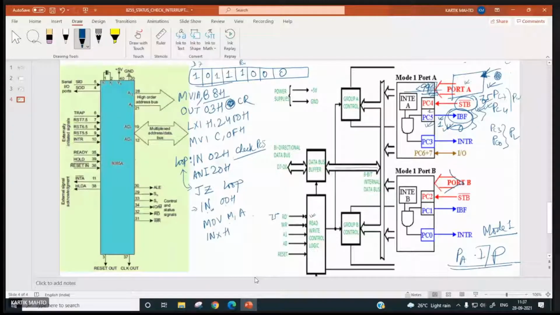Okay. Now, after that you have to decrement your count, here C. JNZ loop. Again, it will go back over here and it will input port C content. It will keep on checking PC5.